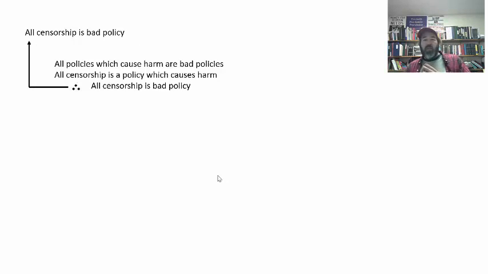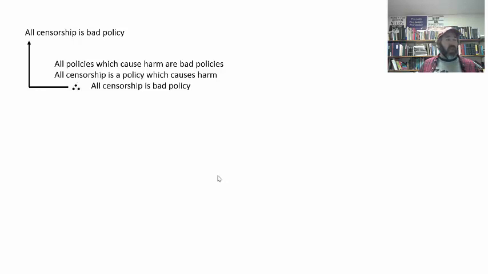Now, the argument that he uses to support this claim is a very simple logical syllogism. Okay, it looks like this. He starts with the idea that all policies that cause harm are bad policies. Now, for those of you unfamiliar with John Stuart Mill, he's a utilitarian. He outlines his theory of what's good in the first chapter, the introduction to On Liberty. He says we're talking about utility, or the consequences of an action, right? This is how we judge it, not by some vague abstract idea of rights or principles,